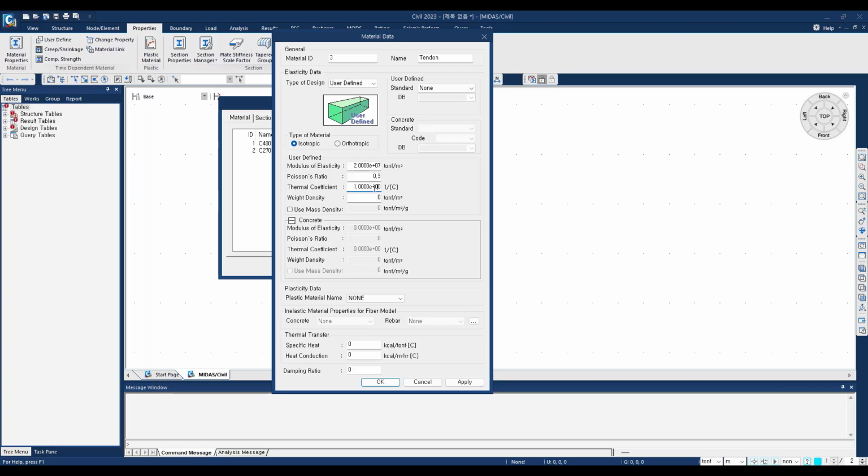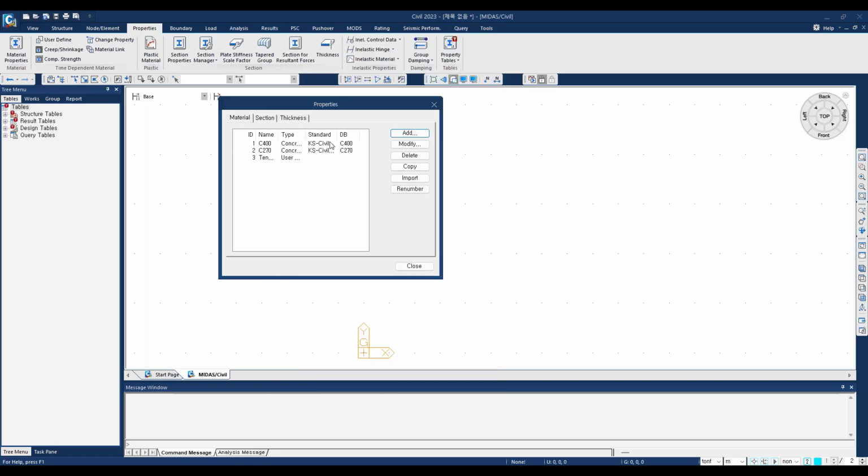1, the exponent is minus 5, and the weight density of the steel is going to be 7.85 ton per cubic meter. So these are the properties we are going to use for the tendon, and then we click on OK. These are the materials we are going to use, and for the